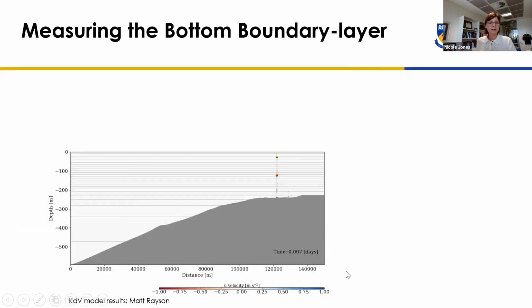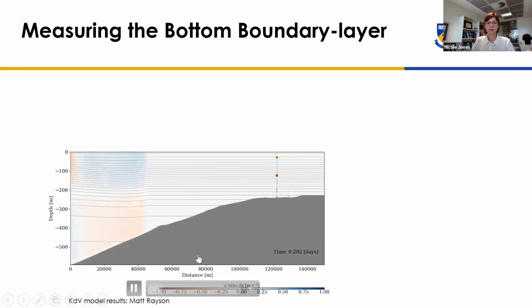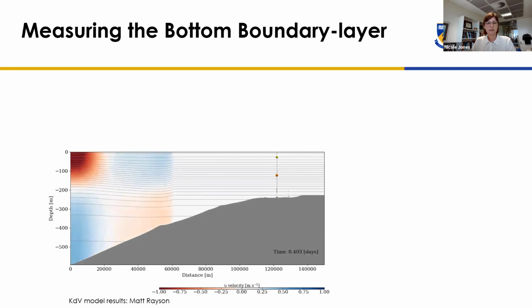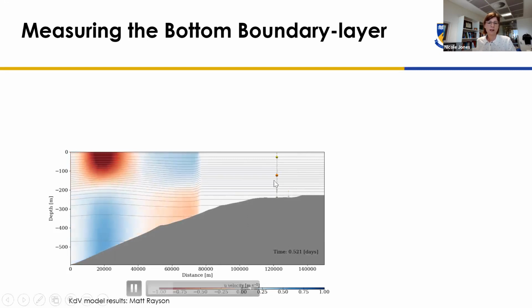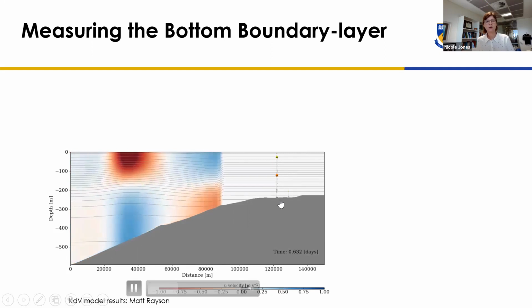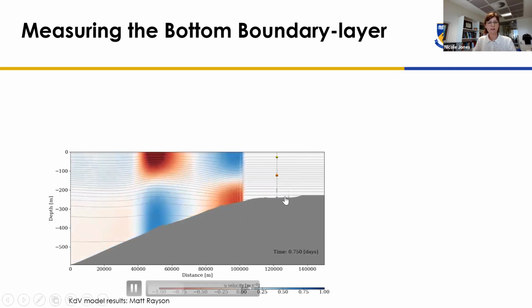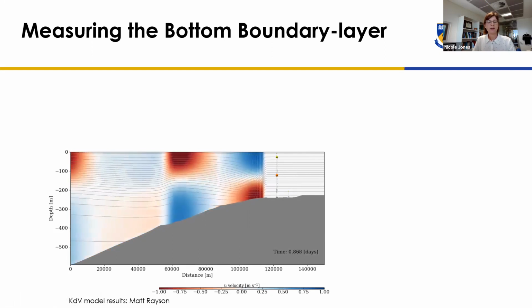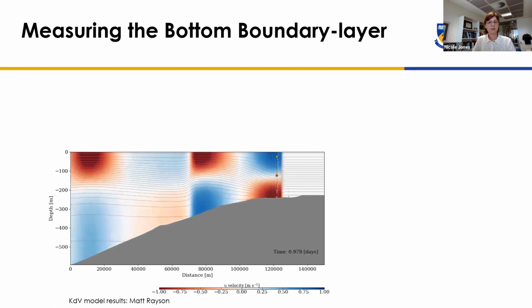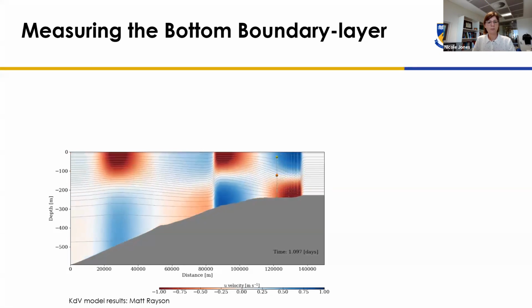So how exactly do we undertake these observations of the bottom boundary layer in the ocean? Well, I just showed you the internal tides on the previous slide, but now I'll show you some model results of what happens to that internal tide as it moves into shallow water, because this is one of the processes that's important to us. And I put a mooring here to show you the approximate location that we've chosen at a depth of about 250 metres of water relative to these steepened nonlinear internal waves that make it past this